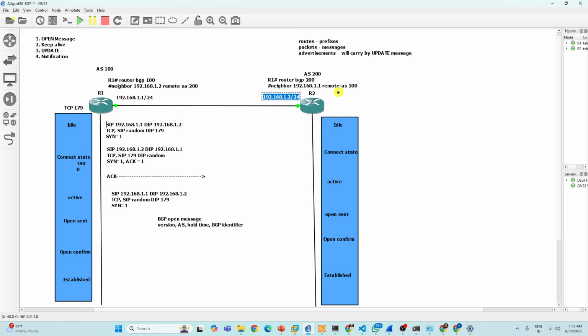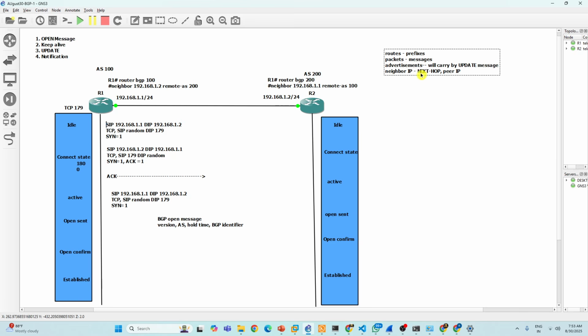So guys, remember in BGP, whatever neighbor statement you are giving, the neighbor IP we call what? Next hop. Please keep this in your mind. Very, very, very important. Whatever neighbor IP you give here, that is called next hop. Or else you can call it the peer IP as well. Please remember that, otherwise you will be confused.